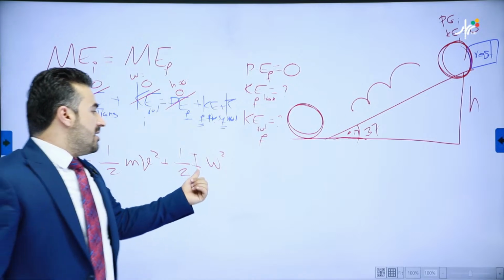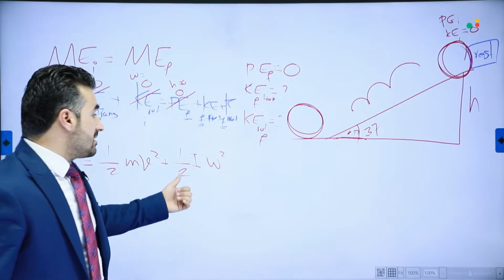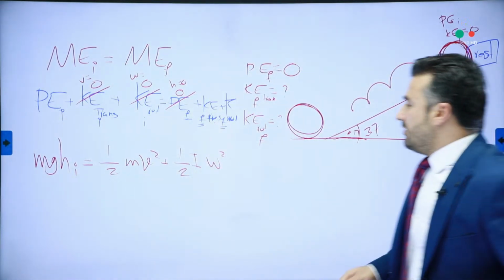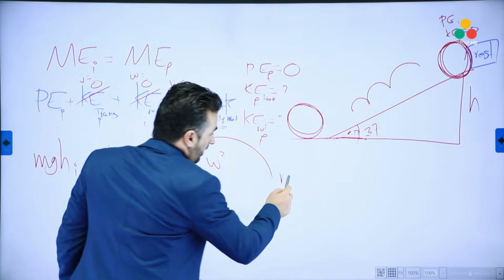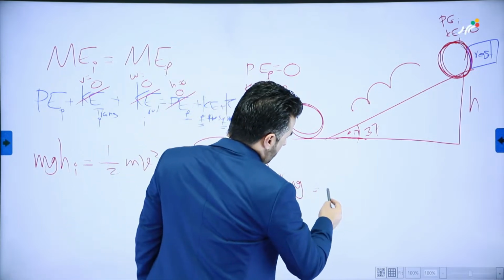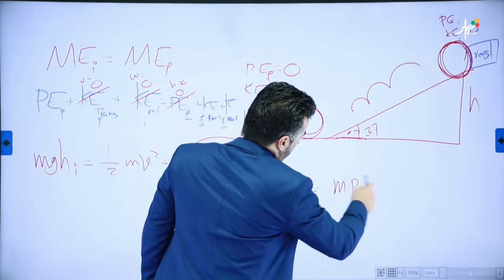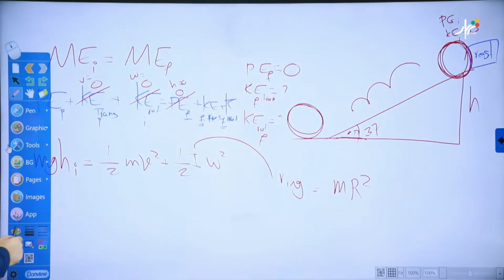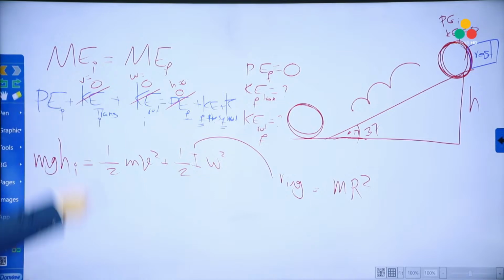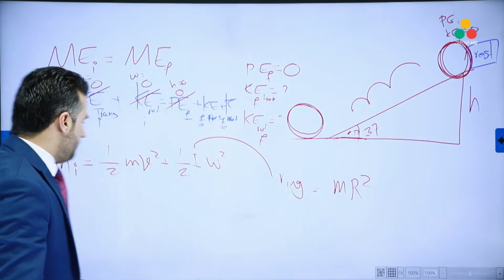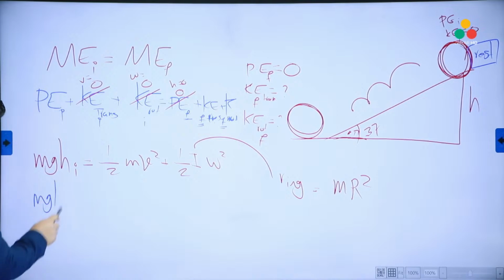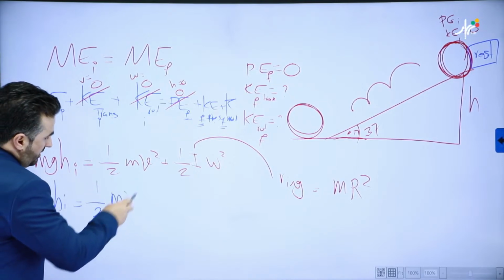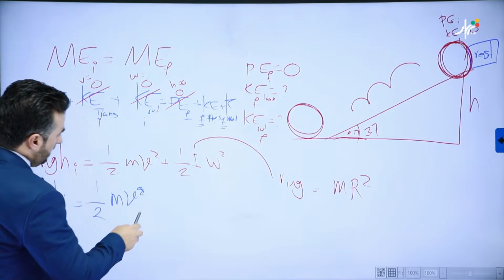Now, but take a look here. This I, that is the moment of inertia of the object, this I depends on the shape. Imagine if we have a ring that is rolling down, yes? So if it is a ring, what is the moment of inertia of a ring, yeah? Of a ring, that is, of course, it is mass times radius squared, yeah? Okay, so now, let's plug in these numbers and see what will happen to our equation. That is a ring as an example, yeah? All right, so once again, mgh, that is initial, equals to 1/2, all right, mass times velocity squared, or speed squared, let's say,